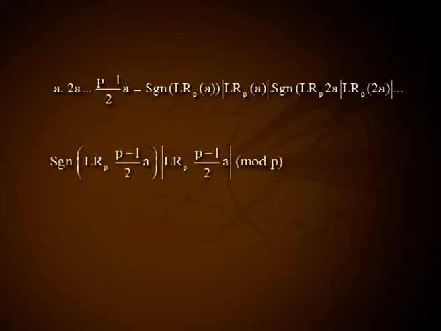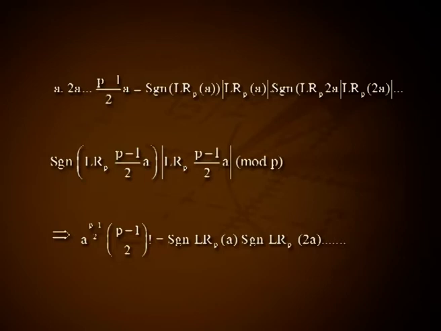Hence, a, 2a, etc., (p-1)/2 times a is congruent to sgn LR_p(a) times |LR_p(a)|, sgn LR_p(2a) times |LR_p(2a)|, etc., sgn LR_p((p-1)/2 times a) times |LR_p((p-1)/2 times a)| mod p,